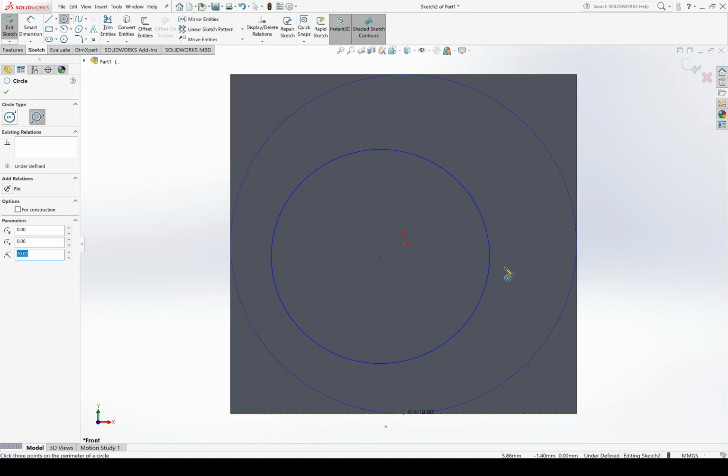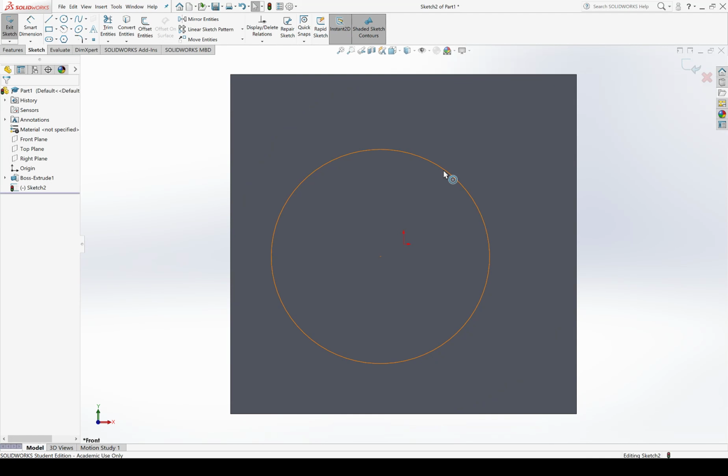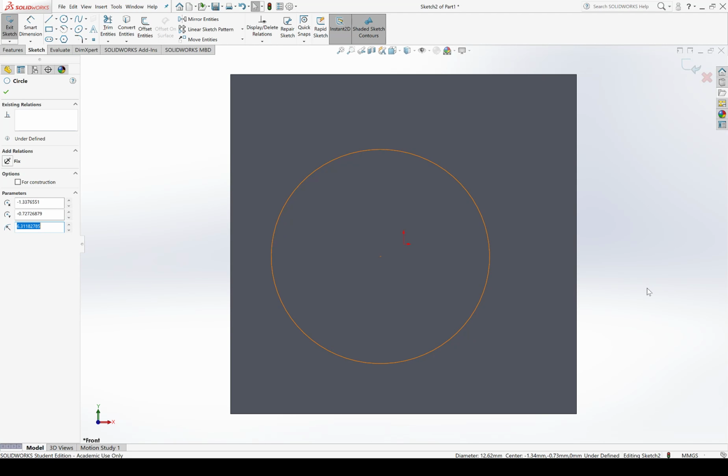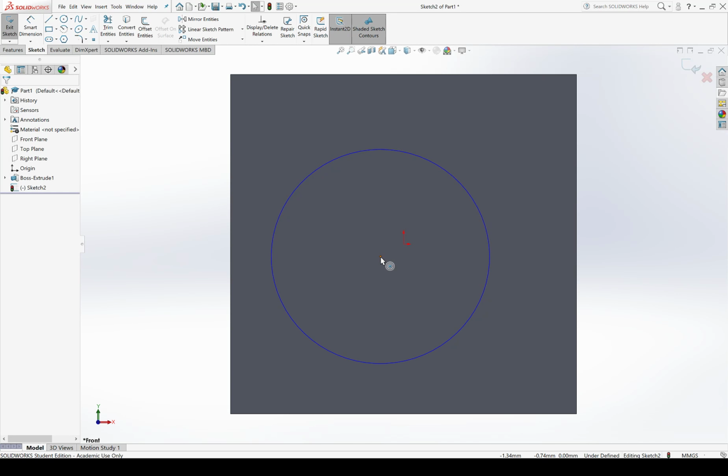Some of the other tools have even more options than that, depending on what's convenient for the thing that you're trying to create. Okay, we've got too many circles. I delete one, go back to my first circle. First thing I want to do is center the origin on the center of the circle. So I will click on the center of the circle, I will control click the origin, I will add a relation. The relation that's relevant here is coincident. I want them to be touching.